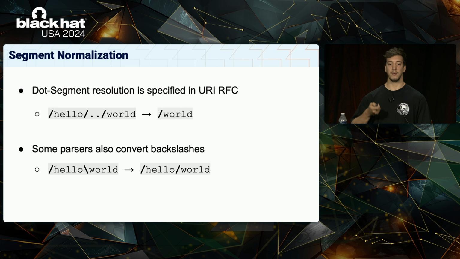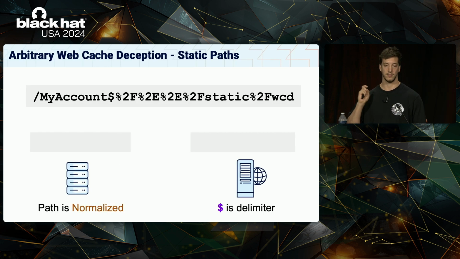And also we have dot segment resolution, which is basically resolving path traversals. If we send something like hello/../world, the dot segment is going to remove the previous segment, which is hello, and we will be left with world. And also some parsers will decode and convert the backslashes into regular slashes, so this could also be useful in some attacks. So now that we know this, we can send a request that uses a delimiter